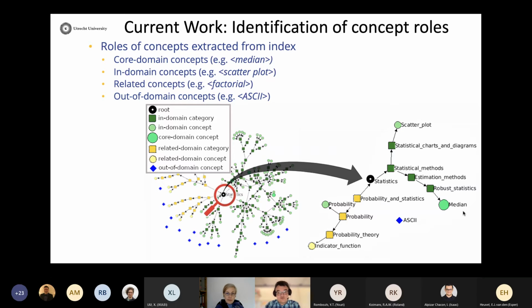And of course, if you want to extract a proper domain model of statistics from a statistics textbook, you kind of want to filter at least these two other categories out, and maybe to weight differently the core domain terms and the in-domain terms, because in this case you can have a much more targeted adaptation. Let's say if you want to then implement something like this based on this model. And this is what Isaac is doing right now, actually. So he is automatically, once again, extracting these different roles of concepts from DBpedia. And he's currently computing the data, but so far the evidence is pretty promising. So I think during this poster presentation, he will show you some interesting results.